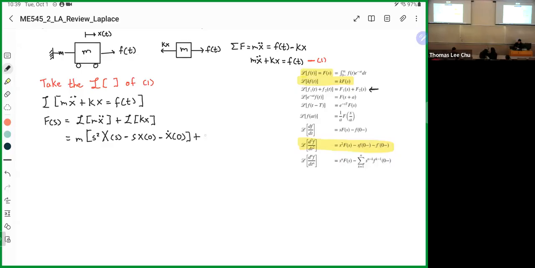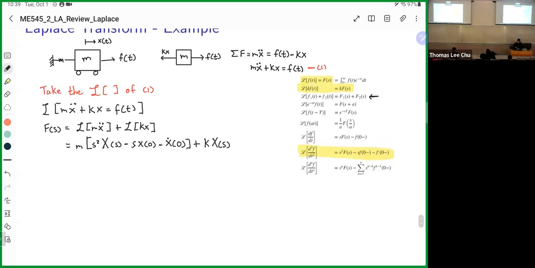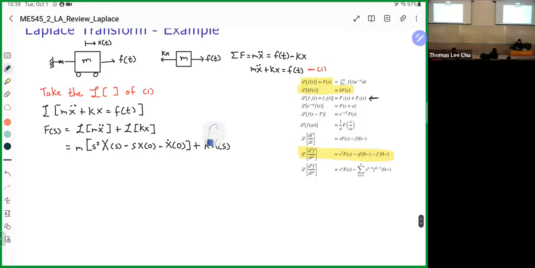Okay, plus k times x of s. One thing to note is that when they say time is equal to 0 minus, it means that if this is time t equal to 0, and let's say this point here is infinitesimally small, where this is a very small t,